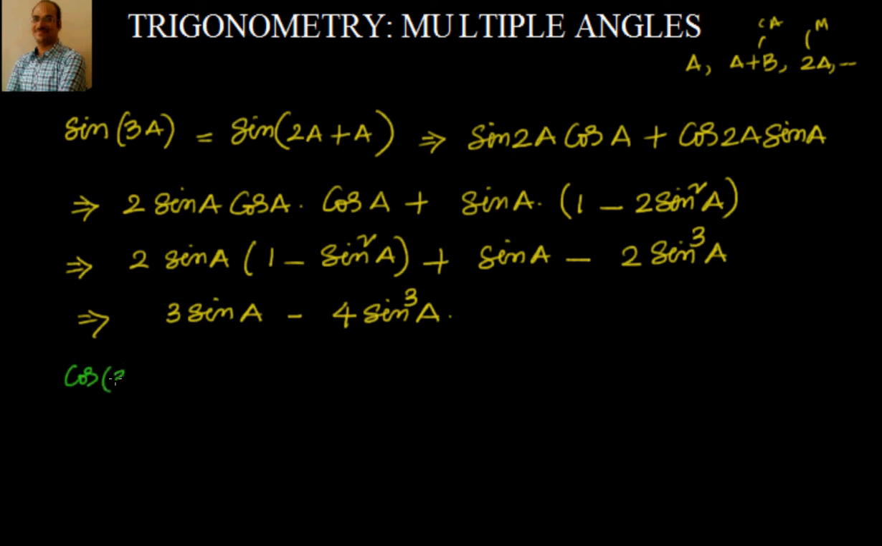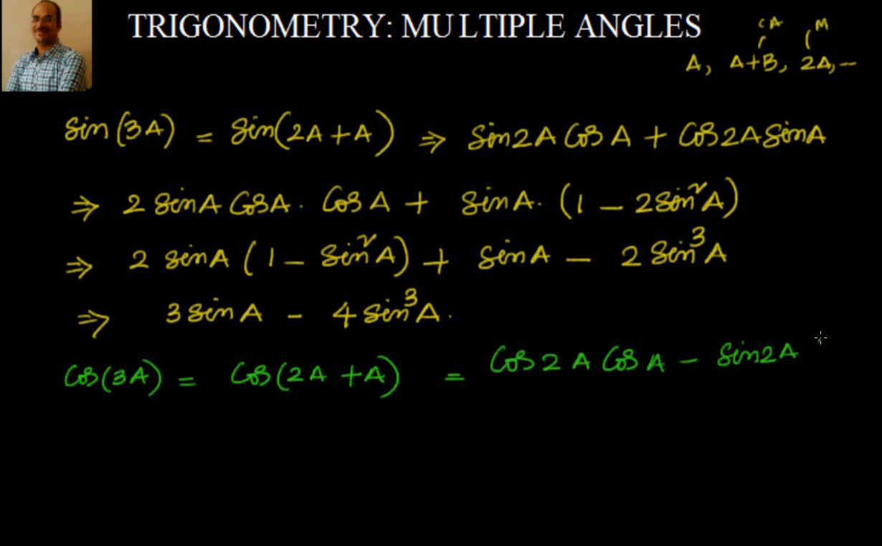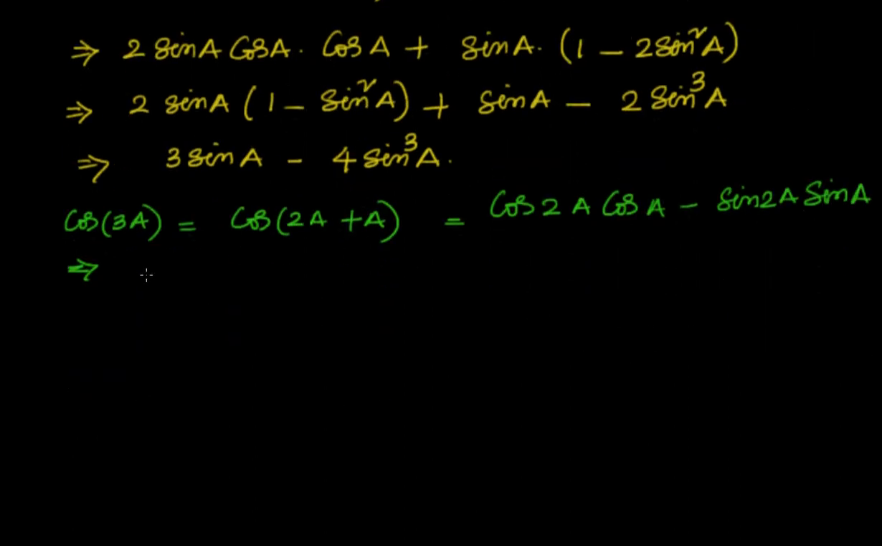What will we do? We will do it along similar lines. We will say cos of 2A plus A. What is the formula for cos of A plus B? Cos A cos B minus sin A sin B. That means cos 2A cos A minus sin 2A sin A. Now I want everything in terms of cos because I am working for cos 3A. So what will it be now? Cos 2A is nothing but equal to 2 cos square A minus 1. That I have to multiply with cos A, minus of sin 2A, which is 2 sin A cos A